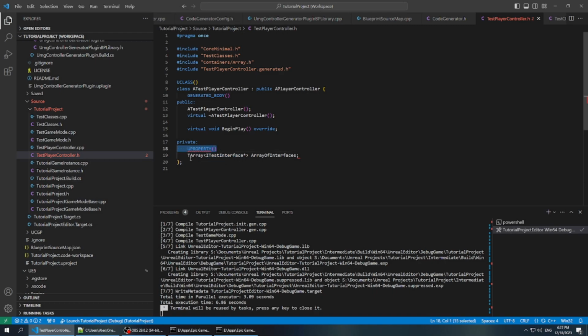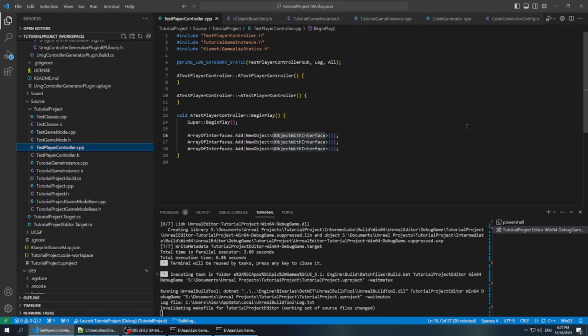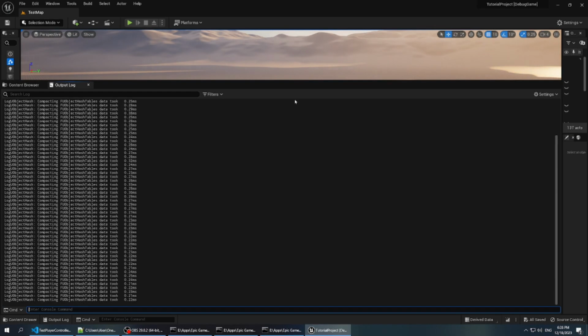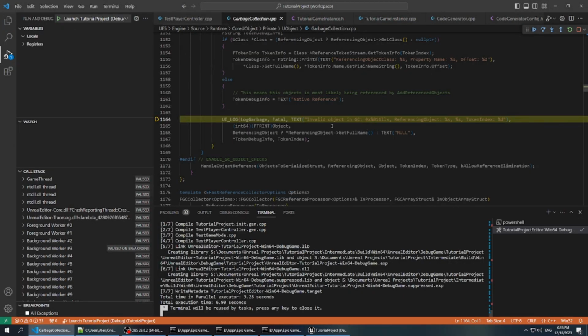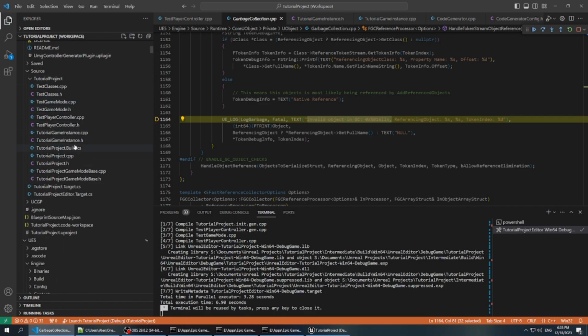And we're specifying UProperty, and this is a TArray, so this should add references to all these, right? So let's go ahead and build that. And what you'll notice if I run this now is we actually get a crash that says invalid object in garbage collection. And the reason for that is that if we go back to our player controller,